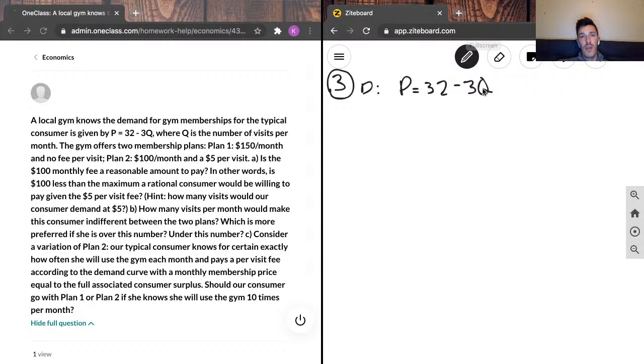The gym offers 2 membership plans. Plan 1, which is $150 a month and no fee per visit. And plan 2 is going to be $100 a month and $5 per visit. Questions are